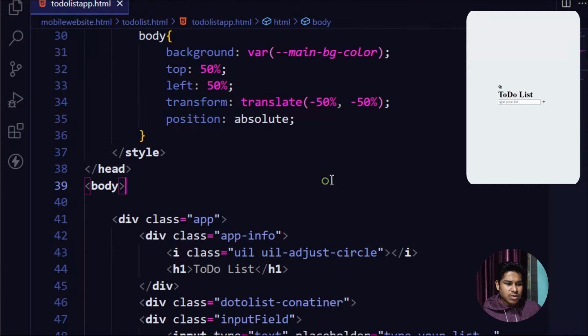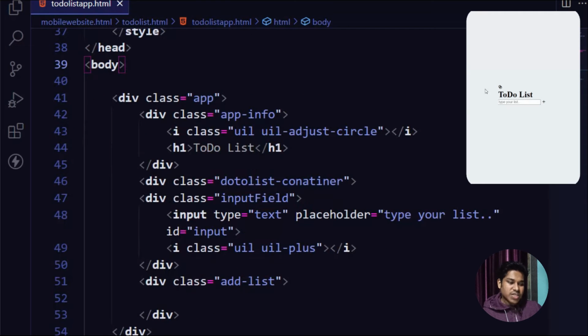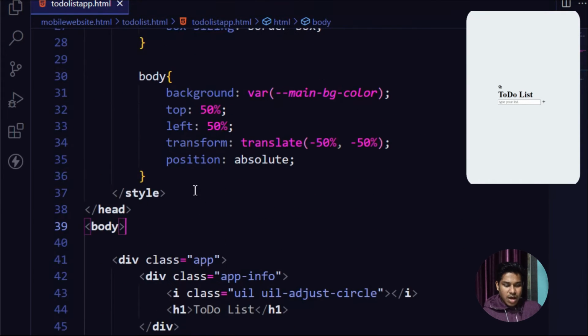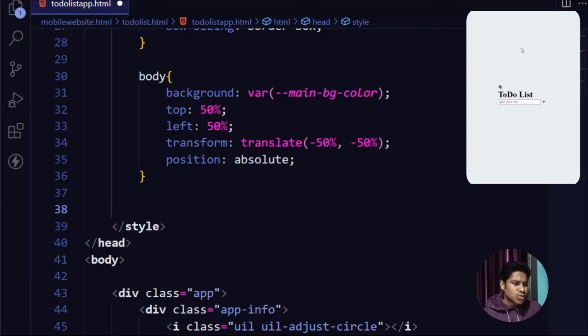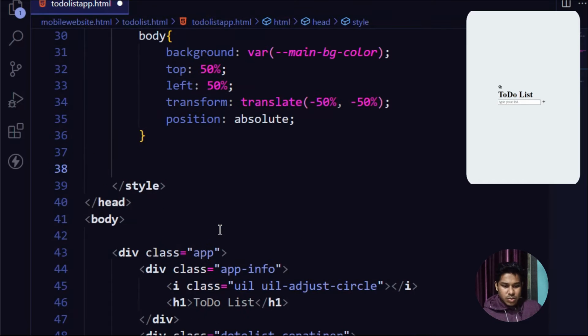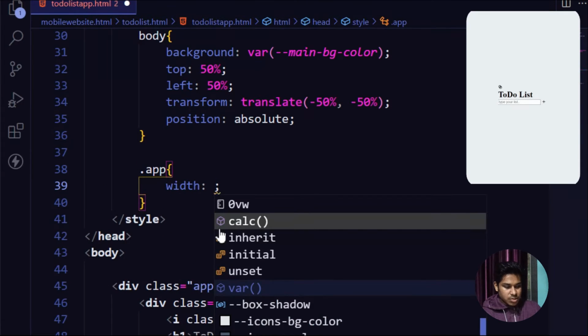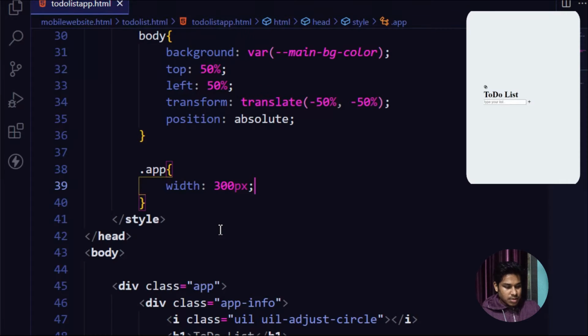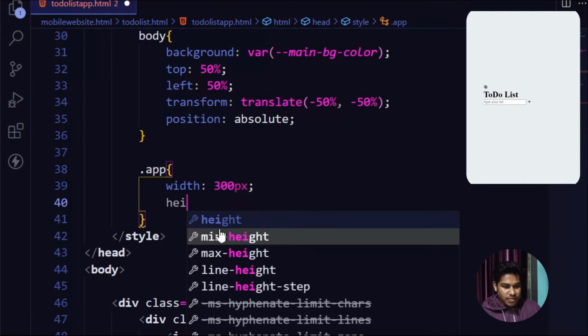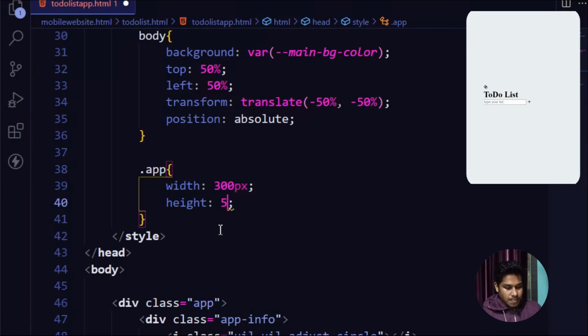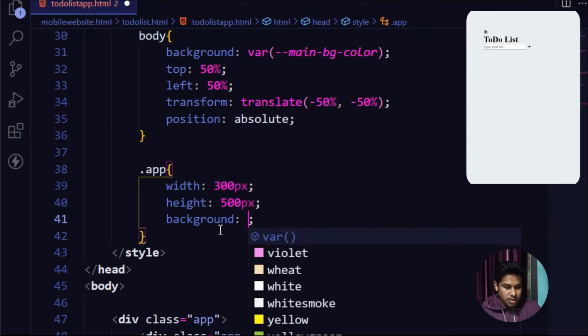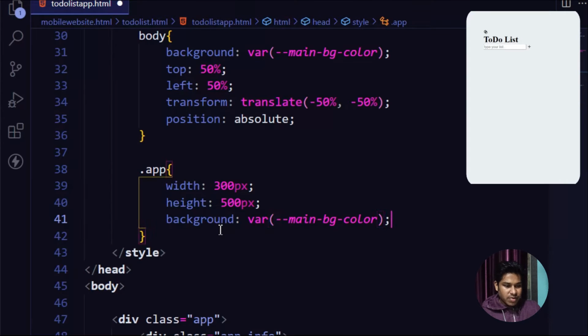So we are done with the HTML part. Now let's move to the styling. So the very first thing I want to do is assign a height and width to this app container. So I'll target the app, and this is how I will do it. I will say width is going to be, let's say, 300 pixels, and height is going to be, let's say, 500 pixels, and background color is going to be, let's say, var main color, and I will assign a box